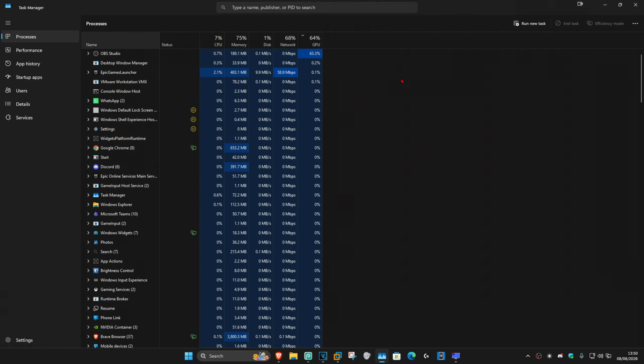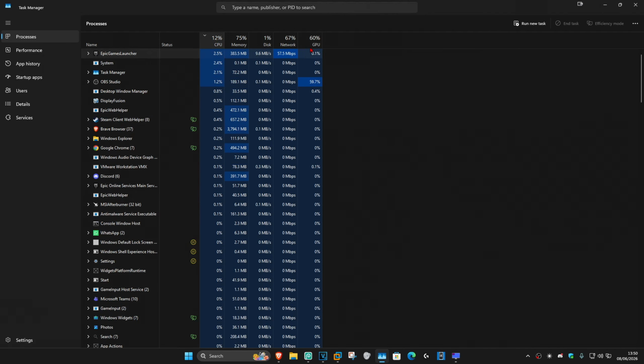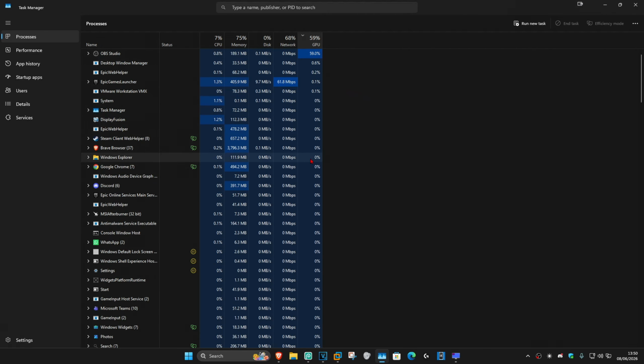If your GPU usage or your CPU usage is over 80%, so 80 to 100%, and your computer is idle, it means that something is wrong. So you want to select either CPU or GPU, which will show you everything that's taking up your GPU or